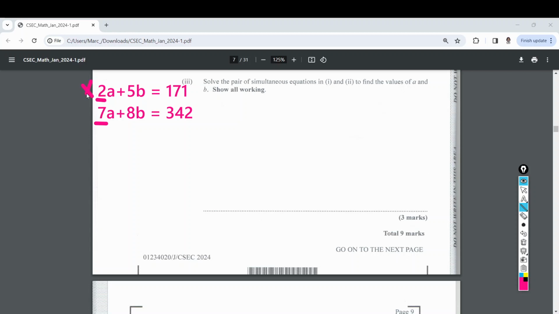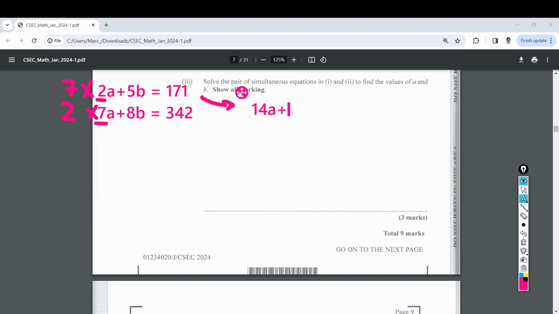I have to multiply the top by 7, and I have to multiply the bottom by 2. So I have to multiply the top by 7 and the bottom by 2. So once I do this now, guys, I'm gonna end up getting 14a. Did this question already. 14a